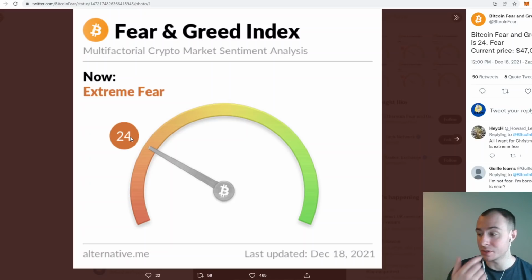Would it even work as a currency? I mean, this is a very interesting topic. Bitcoin on its base layer, not Lightning or anything like that, which is a layer on top of Bitcoin, wouldn't work very well as a currency at all. So it's a better store of value, but you know, there's so much to discuss in relation to the crypto space, and certainly Bitcoin. So this is where markets are at.